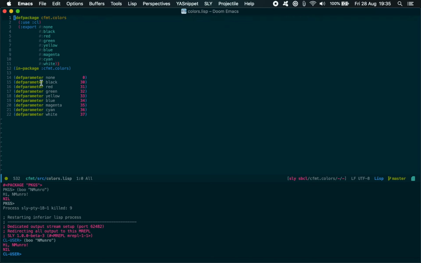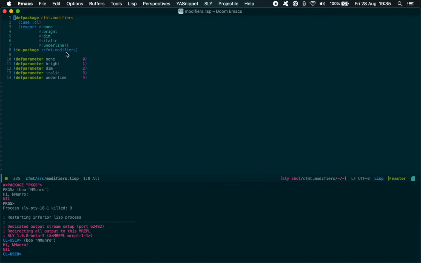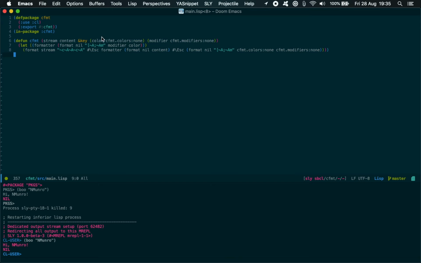So we've got colors, we've got all of these, and I imagine, as I understand things better, it can be extended, and the same is true of modifiers. I've only got 5 so far, but as I begin to understand the spec better, I just wanted to put things here. But what that means is that when I'm actually using it, I can,